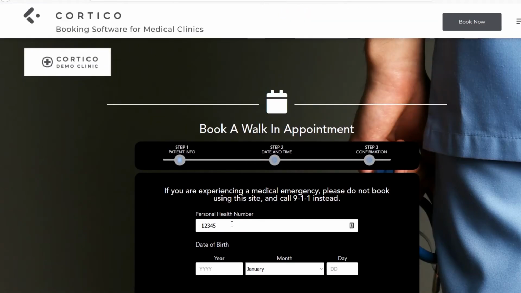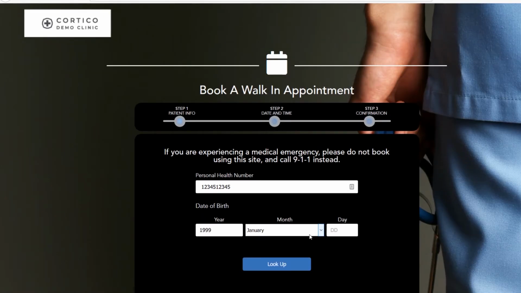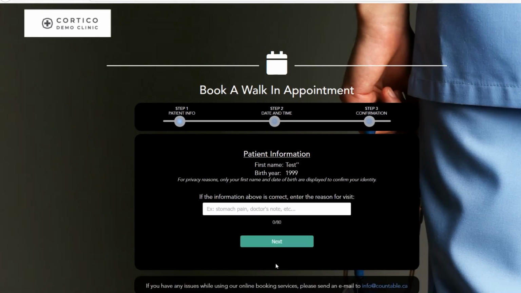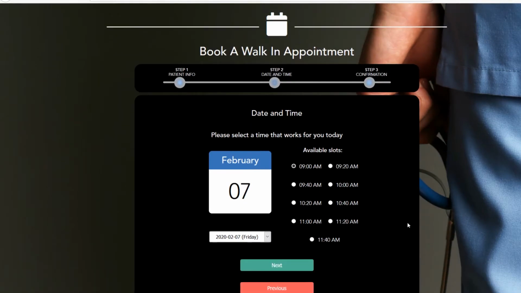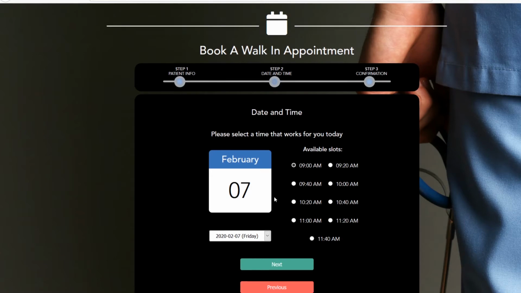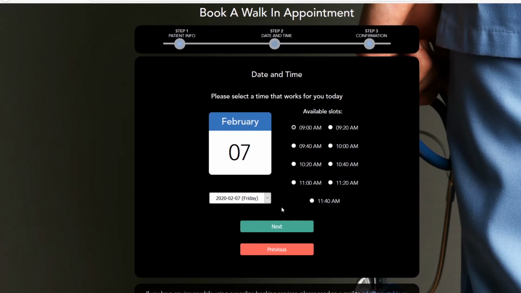So patients like this because they can go into the clinic and be seen right away, right when they arrive, and they don't have to wait. I can see here that there's appointments only available tomorrow, and that's actually because at the time we're recording this video, it's 4:30 p.m. and so I can't see the slots available for today that were in my schedule here,